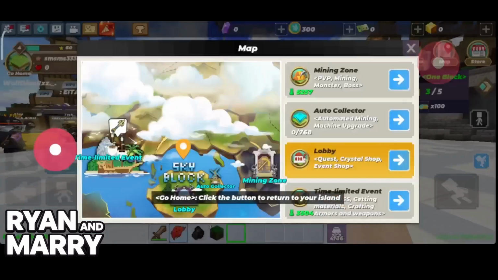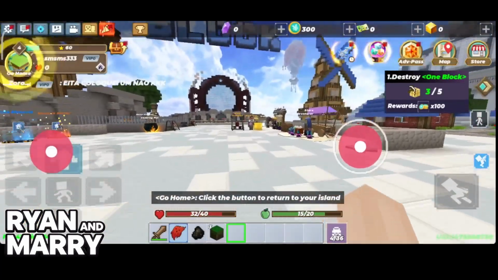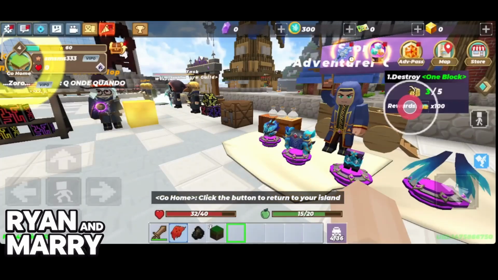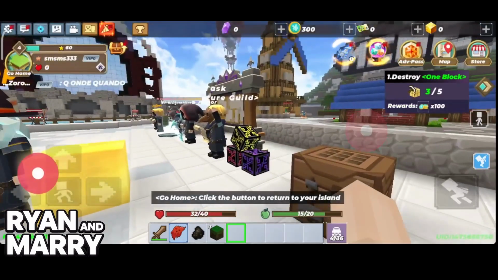So usually you just go over to the lobby, so teleport on the map, go to the lobby, and if you go forward over here to the right, you will find plenty of options to use these fragments. So you might want to take a look at these stores to see if there's anything useful that you can do with them here, but like I said, you will mostly be able to fuse them into different items,